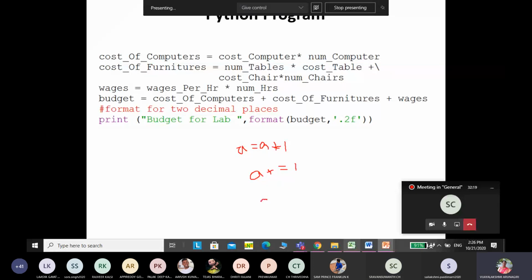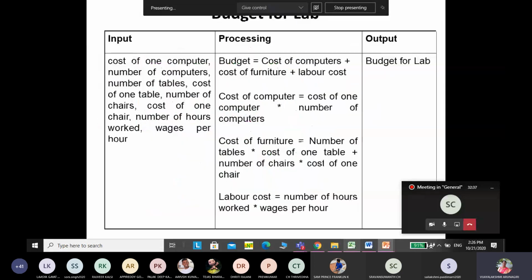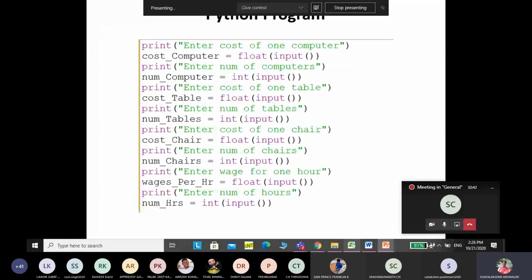Similarly, if I want to perform, sorry, I think it's not an augmented operator, right? Number of table into cost. What is our formula? It is not an augmented operator.